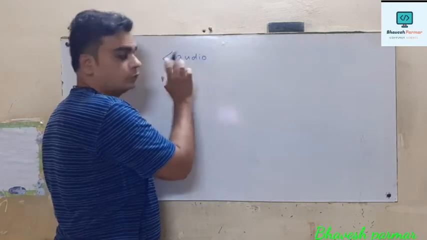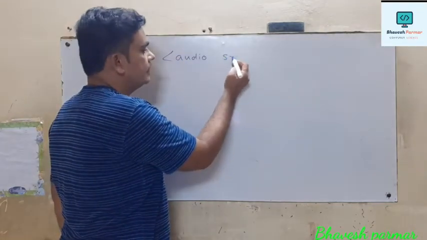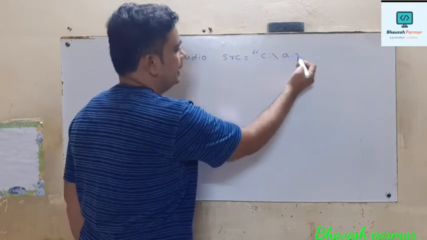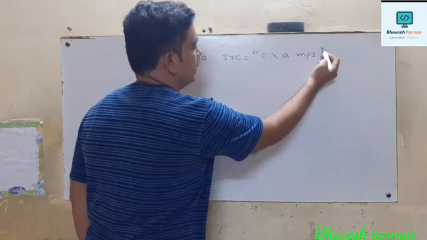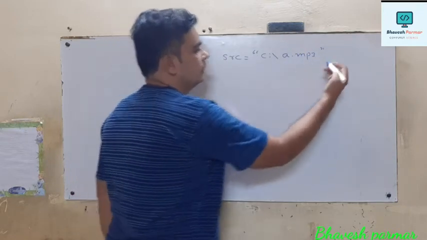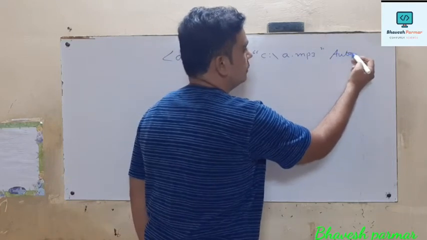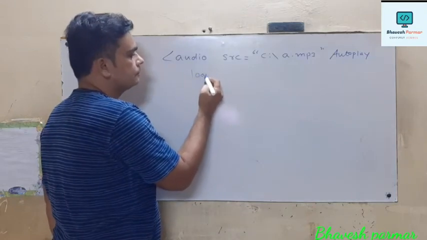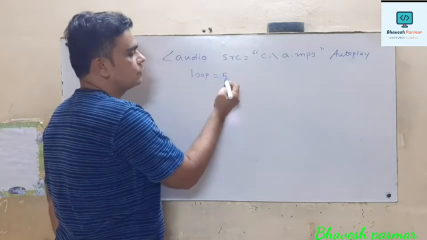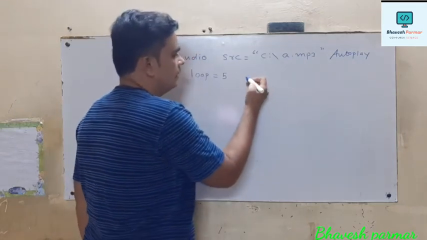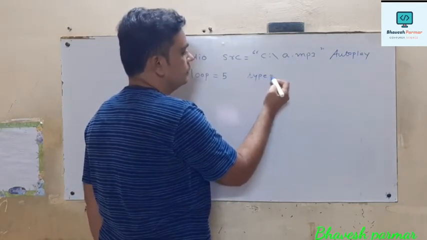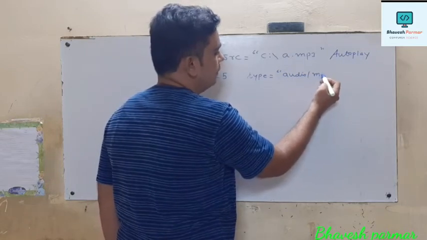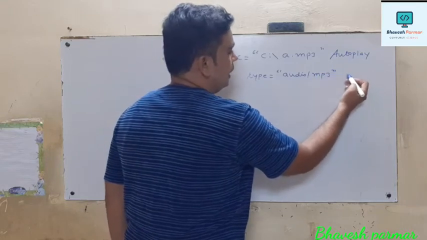First of all, if we have to use the audio tag, then we are specifying the actual path. So here I am using the same one, suppose a.mp3, then I have to close the inverted comma. Thereafter I am using the autoplay attribute. Thereafter I have to use loop is equal to, suppose, 5. Then I am using type is equal to audio/mp3,